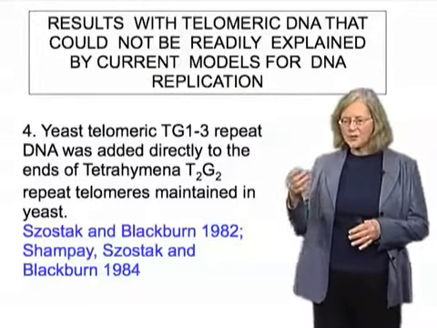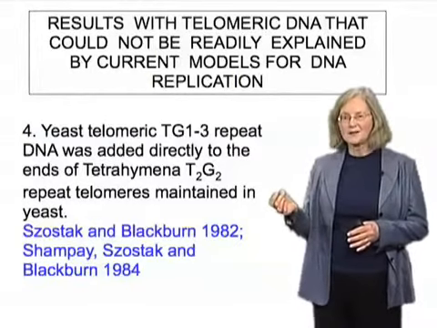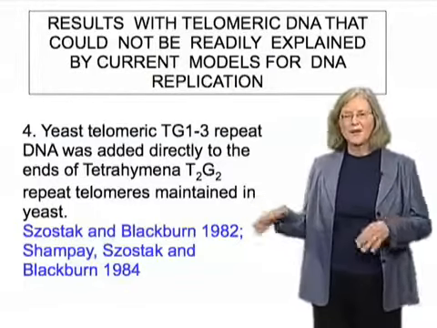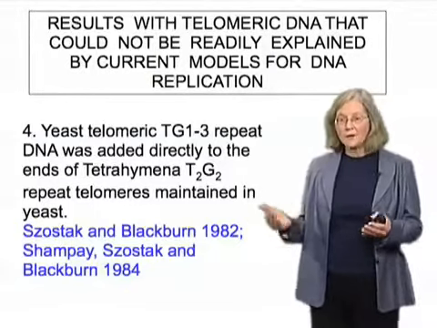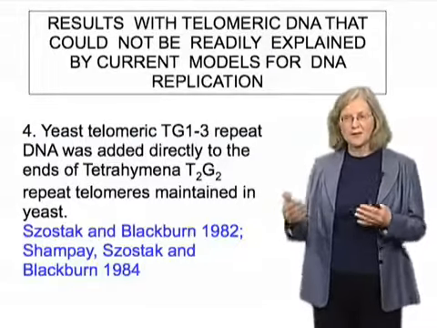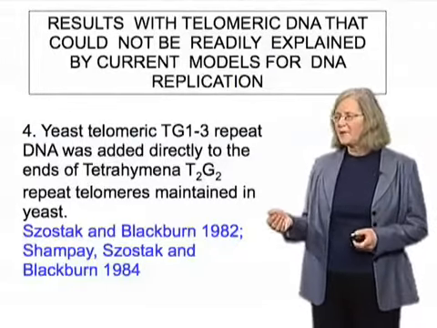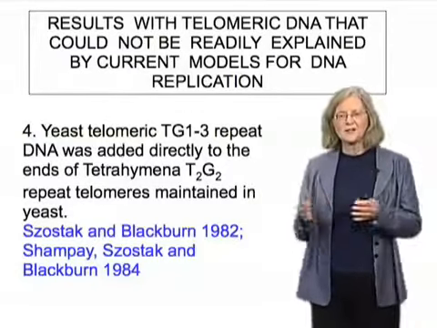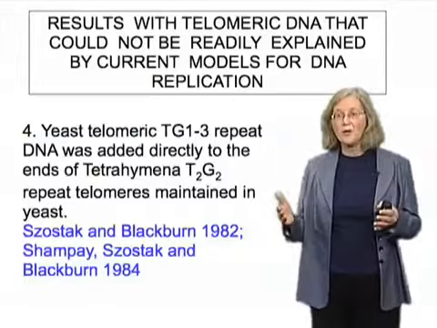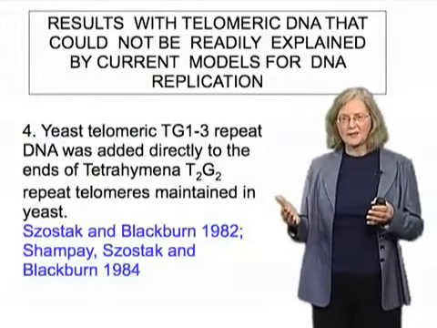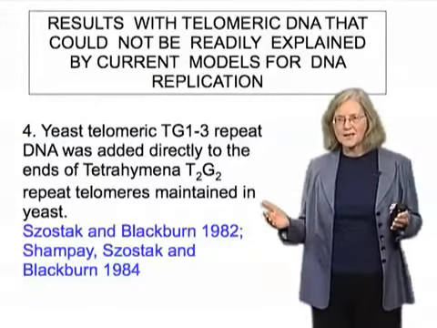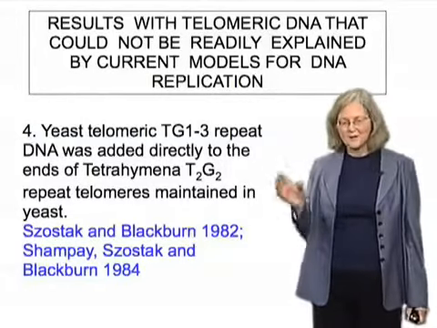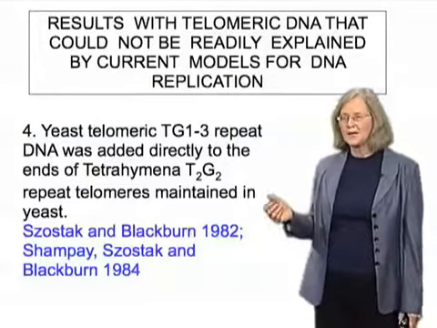The fourth observation was, again, something that came out of an experiment that I'll have to explain. Now, one could put circular plasmids into yeast cells, and if the plasmids are linearized, essentially they're unstable. They get gobbled up or rarely will recombine into the chromosomes and thus be preserved. But what was found was that if one simply grafted onto the ends of such a linearized and therefore normally very unstable yeast plasmid Tetrahymena telomeric DNA fragments, the telomeres of Tetrahymena mini-chromosomes,